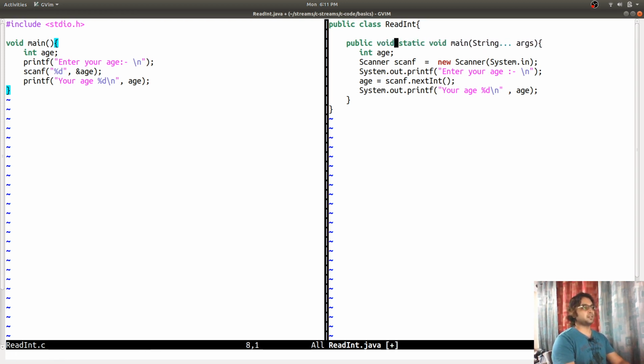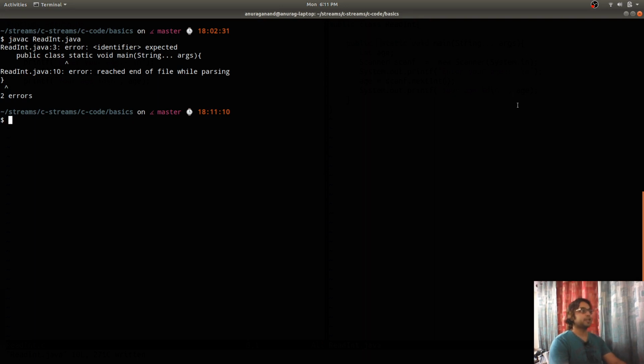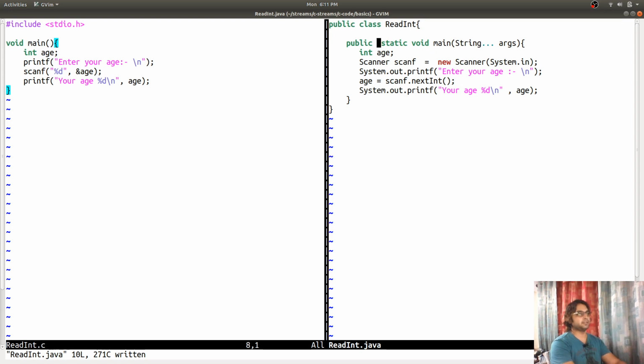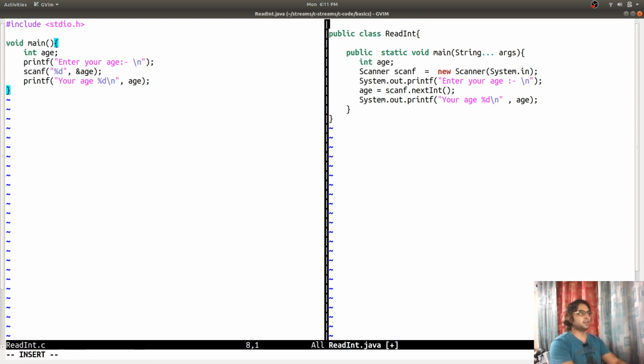Public static. It is a function. It is not a class. That's why I am getting a compile time error. Cannot find symbol. Where does a scanner lie? I will have to find the package, I guess. Let me take a guess, java.util. Or maybe let me check where it is.